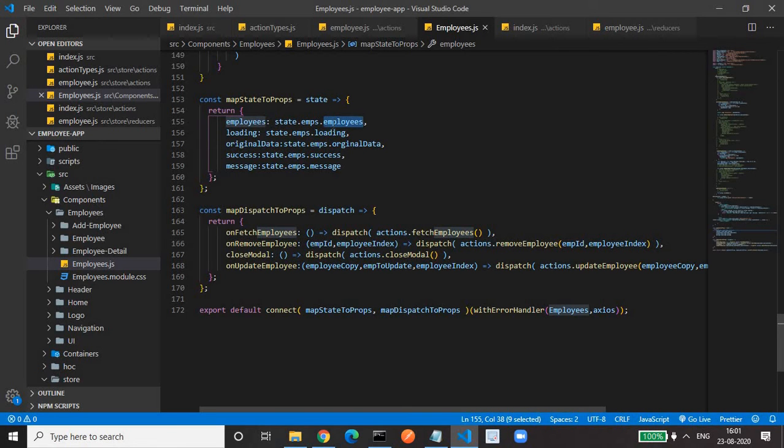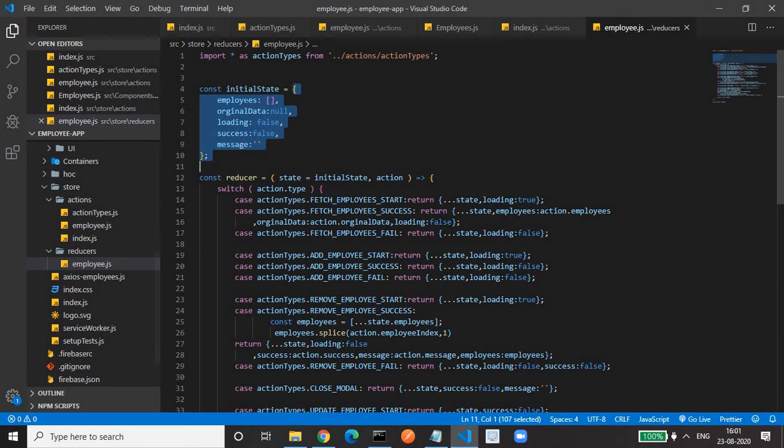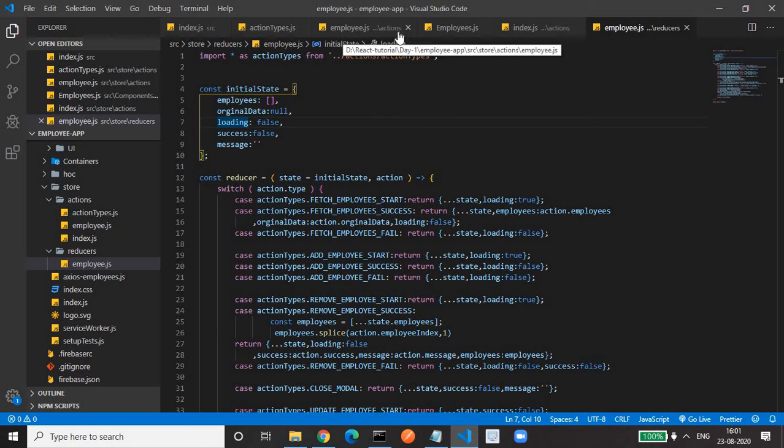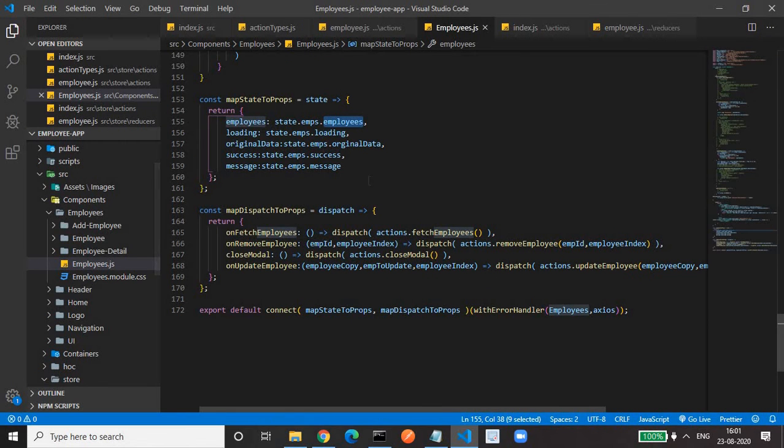This is the state that we have defined in the reducer, employees or original data. So state.slice.property, whatever we have defined here. Right. Then we have mapDispatchToProps. It's also a function having an argument, dispatch.